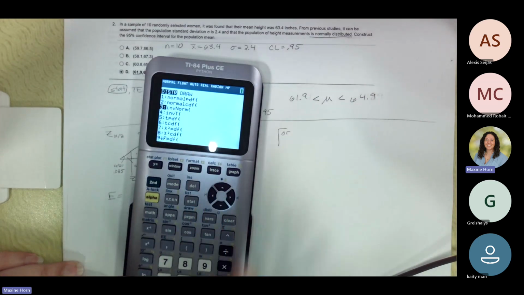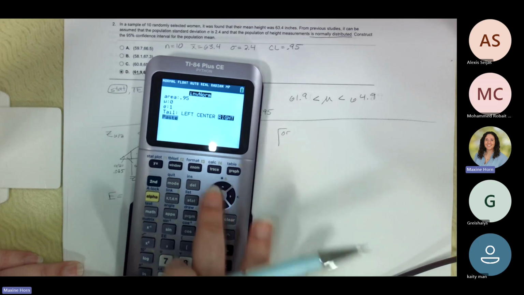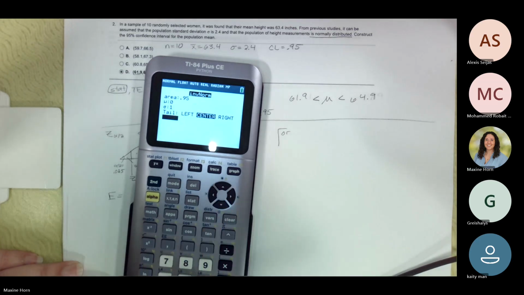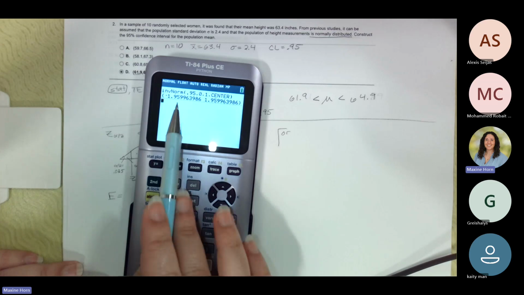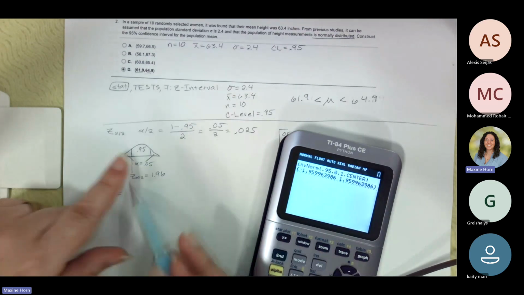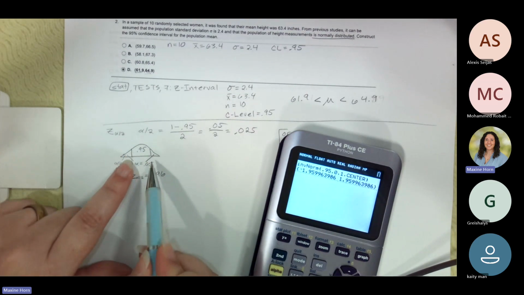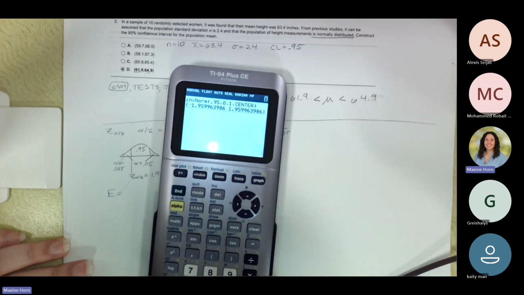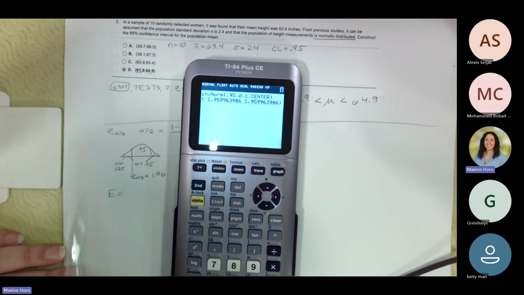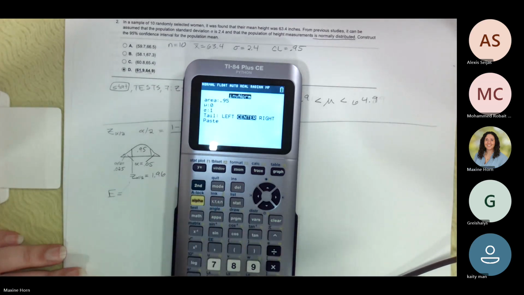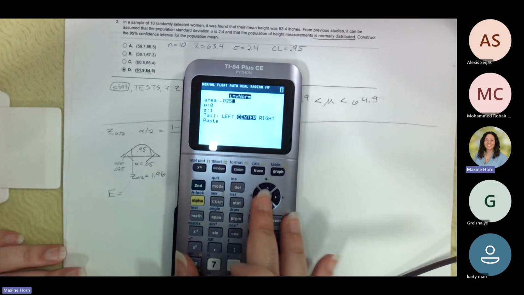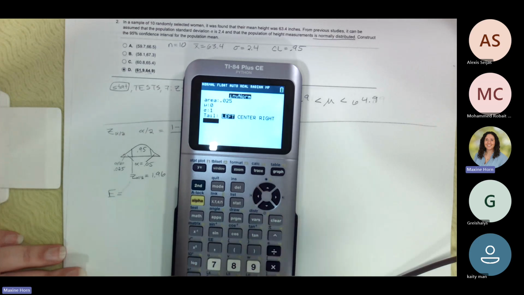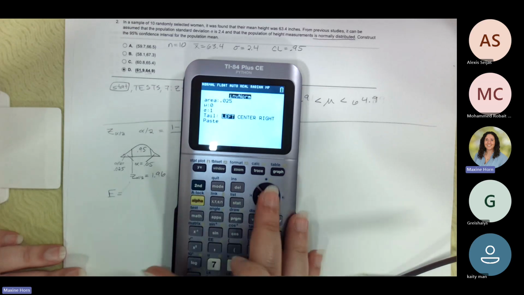I can put in my confidence level and tell it that it's the center, and then I get my negative and positive z-score that correspond to the z-scores that separate the middle 95% from the two sides. Or I could say, well, the area in one tail is 0.025. So I'm going to say 0.025, and that's either in the left,